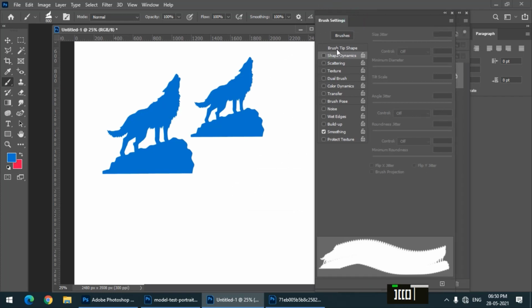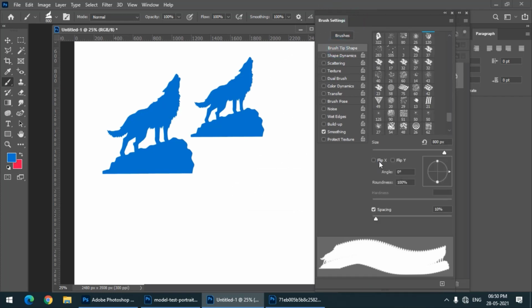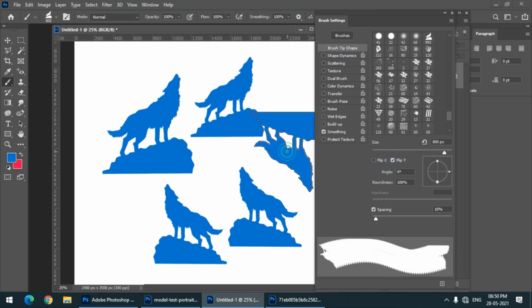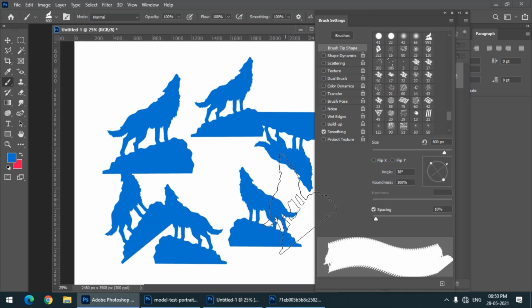We have to go to the Brush Tip Shape option, and we can flip it so it will be mirrored. If I want to flip it vertically, I can choose the Flip Y option. And you already know that if I want to rotate this, I can change the angle, so it will get rotated.